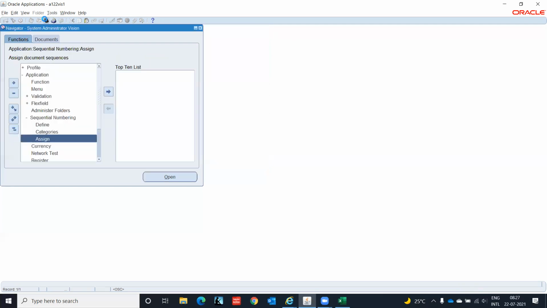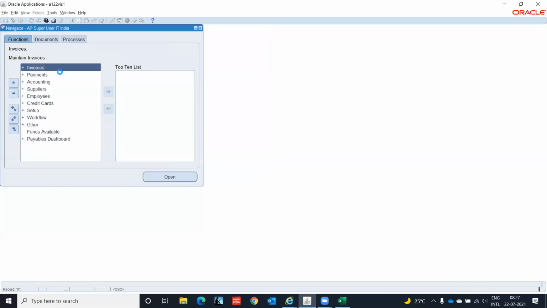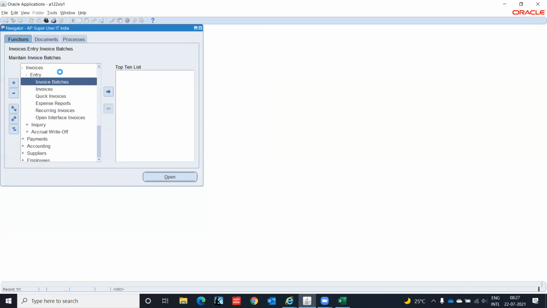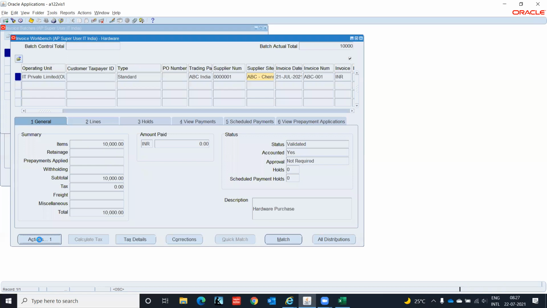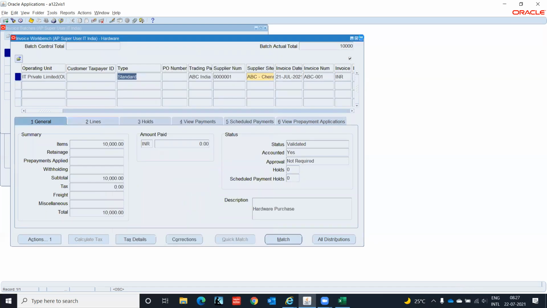Now we will post the final. AP super user, invoices, entry batches. In the batches, we press Control F11. This is our searching criteria for batch. Click on invoice. Click on actions. Okay, we have already run the create accounting, so now it is grayed out.